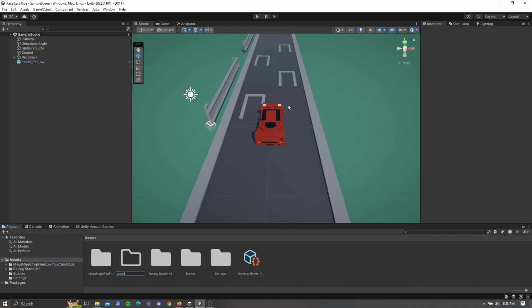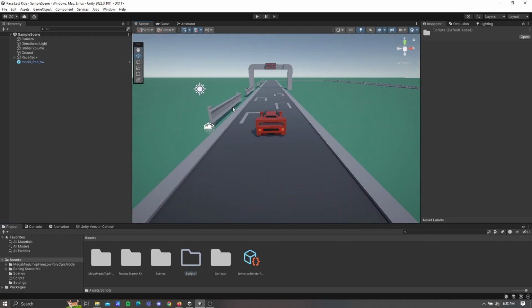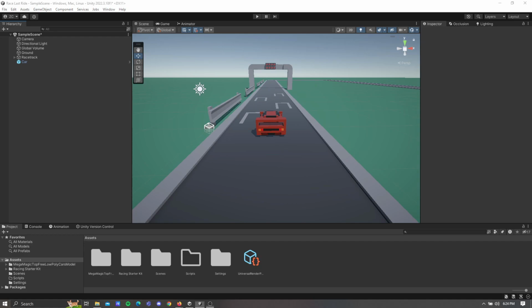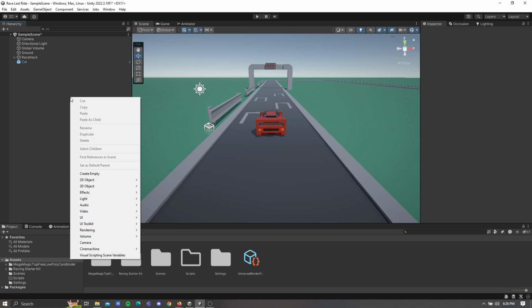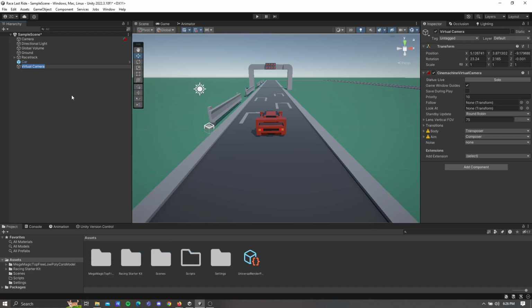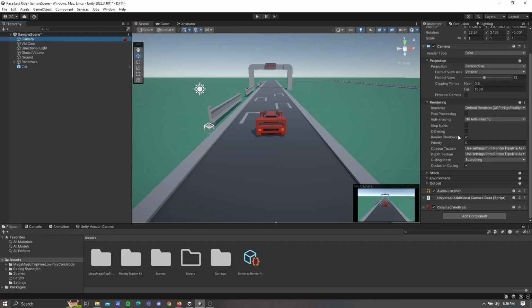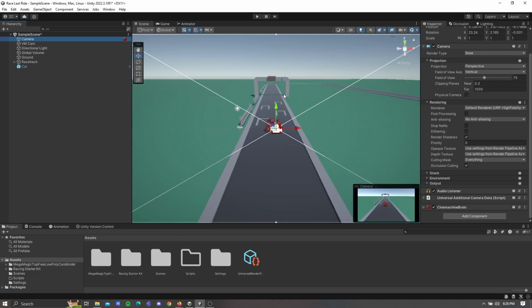Now let's create a folder and name it scripts. Now I'm just gonna rename this to car. Now for the Cinemachine, let's create a virtual camera, VMCam. And now let's select this camera